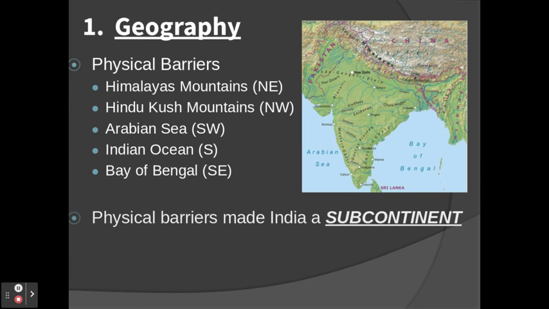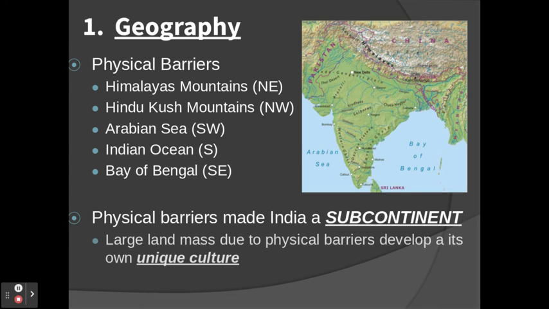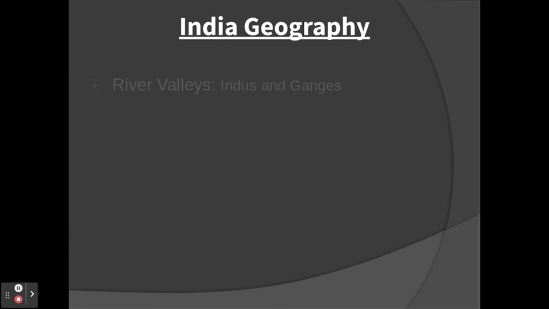Now, these barriers are physical barriers which forms India into a subcontinent. It's one of your vocab words. Subcontinent means that this area was allowed to create its own unique special culture that is just theirs because that physical barrier prevented people from coming in to influence them. Now, eventually they will come through. And it's something that also happens with Egypt. In Egypt, they had 1,000 years because of the natural barriers, but they too will have conquering people coming through and finally invading.